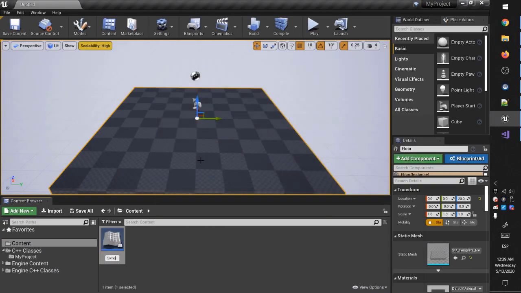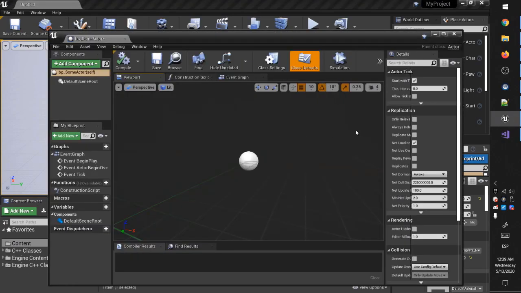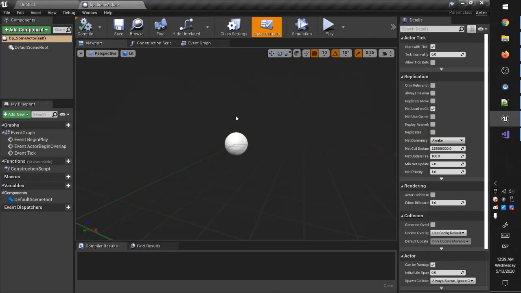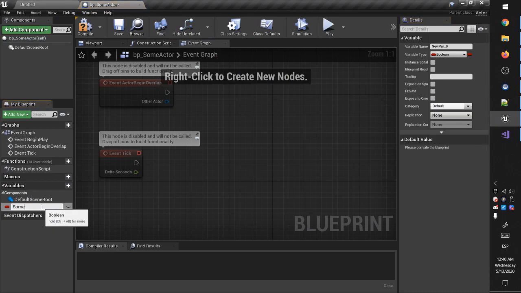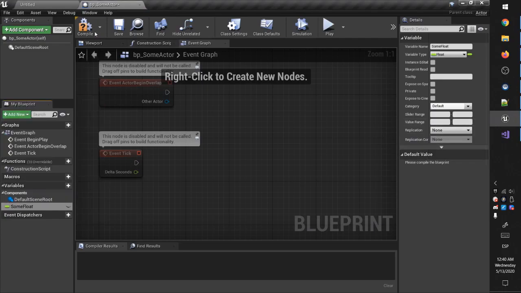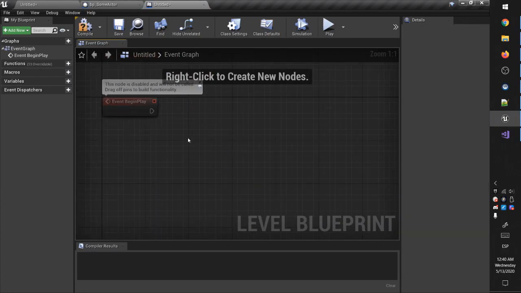Now I'm creating a new blueprint actor. I'm gonna name it some actor. Inside this blueprint, I'm going to create a new variable, name it some float, and it's gonna be of type float. And I'm gonna set it to 600. Then, opening the